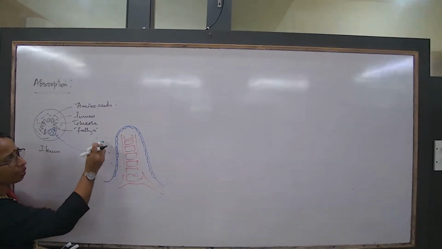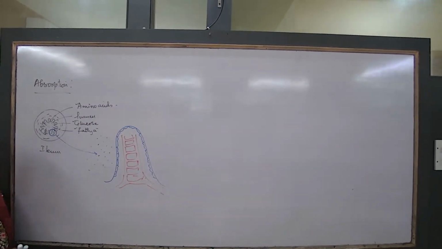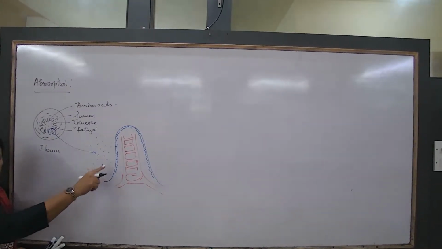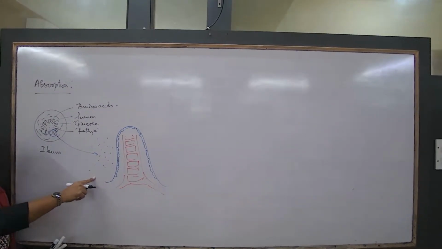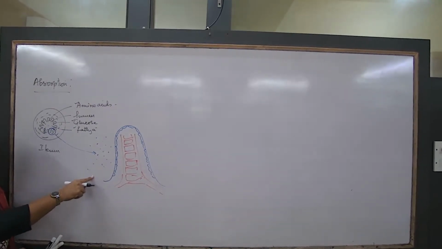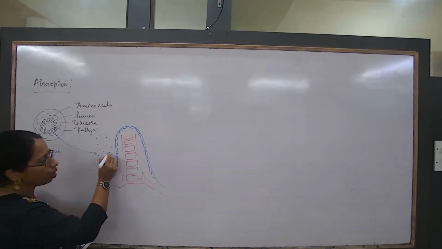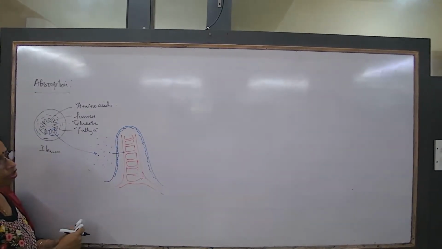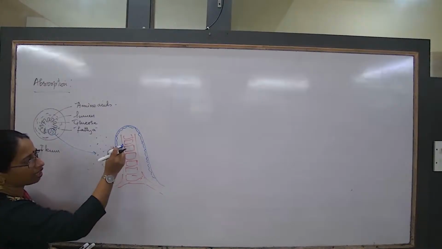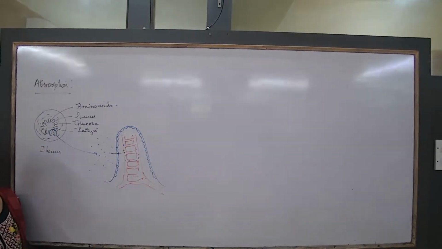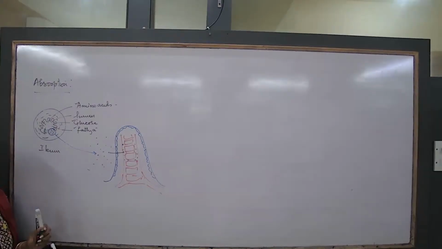So now what is happening? I want to understand what is absorption. After digestion, all these three types of molecules are there: the glucose and amino acids, fatty acids and glycerol. These molecules will directly cross the membrane and come in contact with the blood vessels. Now they are getting dissolved in the blood vessels. And that will happen for all of them.